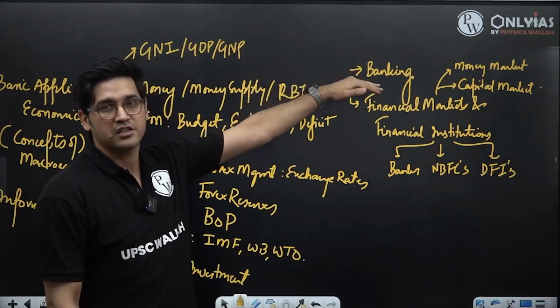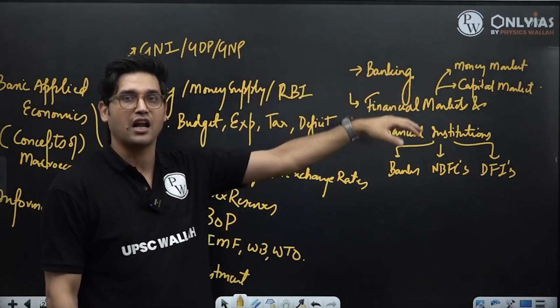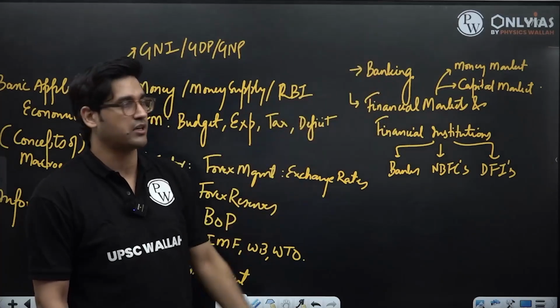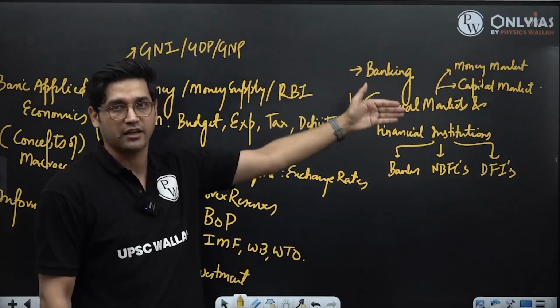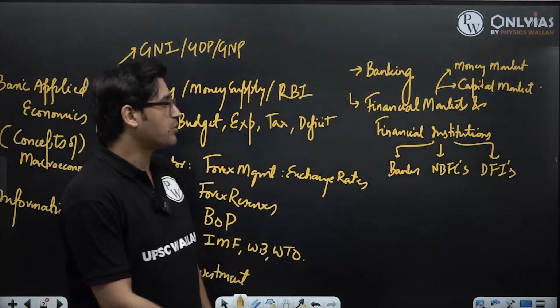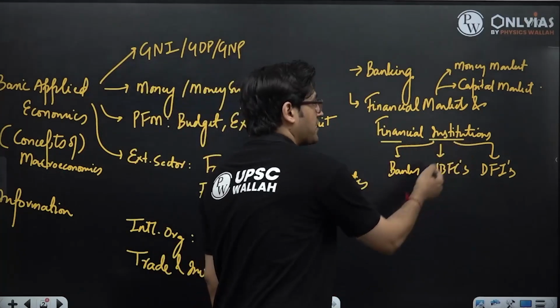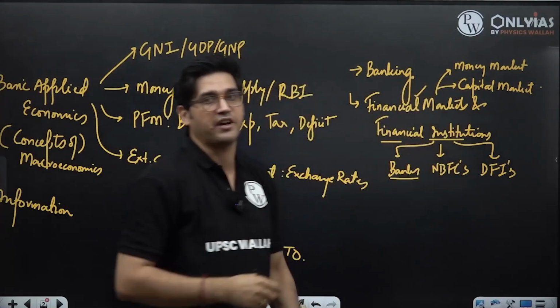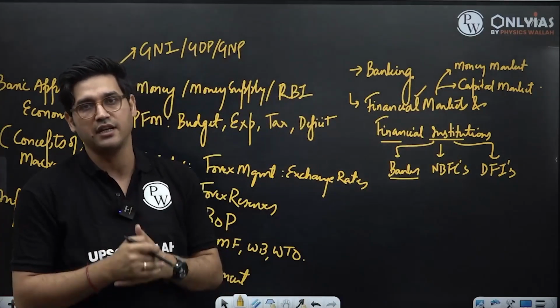The questions previously used to be precisely around banking. Now there are more questions around financial markets and the instruments of financial markets, especially across these two categories of financial markets, which is that of money and capital markets. So you will have to prepare all types of financial institutions, including banks. You will also have to talk about other types of financial markets, the money market as well as the capital